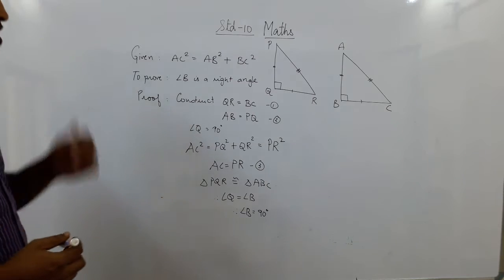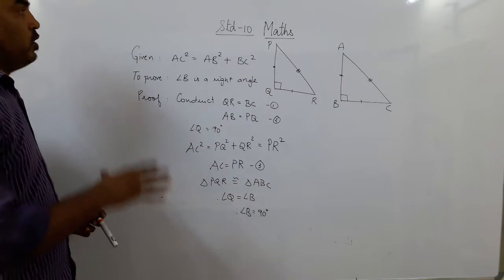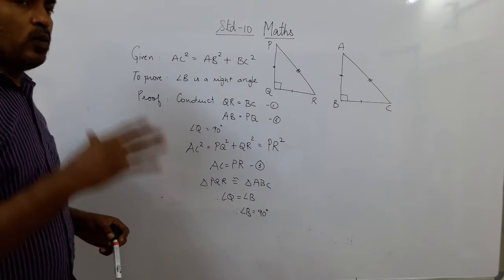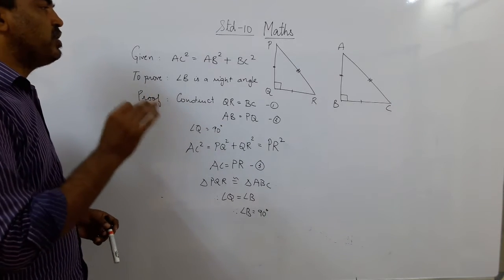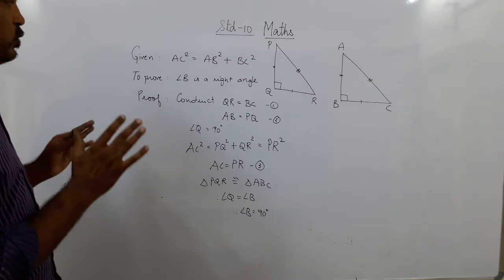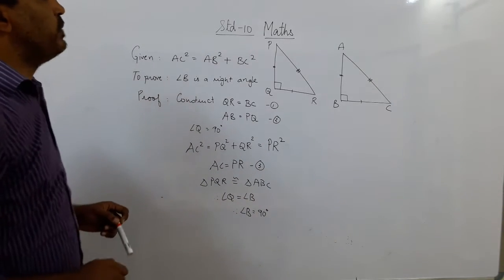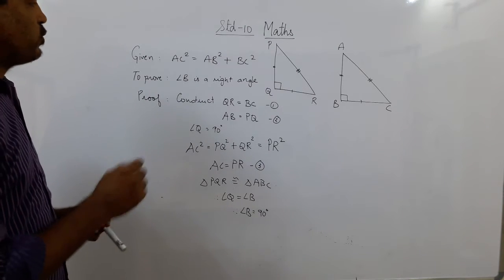So here we are done with all the theorems of this chapter on similarity. We have covered a lot of theorems. I want you to understand each and every theorem in detail. I also did a few examples for you, and today we will do a few examples based on this also. Let us take one example.